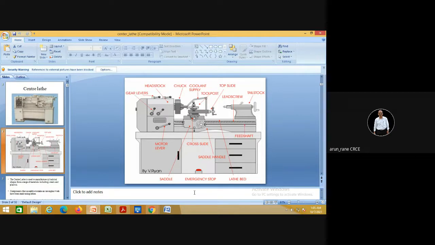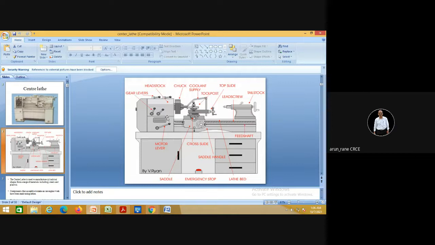We conduct training courses for this CNC lathe and CNC milling machine, and we always get a good response. I am heading that training department. We have two people exclusively for the training purpose, Mr. Kamle and Mr. Kotian. They are taking care of these machines, and we always get a good response for these two courses, operations and programming on CNC lathe and CNC milling. So it's up to you, you can come.